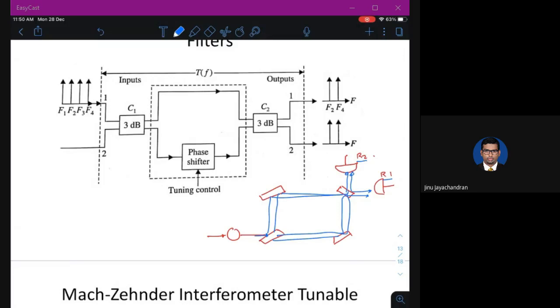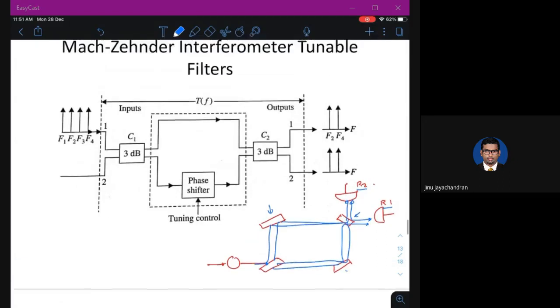Two different paths. So basically, depending on the position of the mirrors, you can adjust them. These are all mirrors, such that you can say how much phase shift you want for each of these at the output of each of the receivers 1 and 2. So this is basically the Mach Zehnder interferometer.